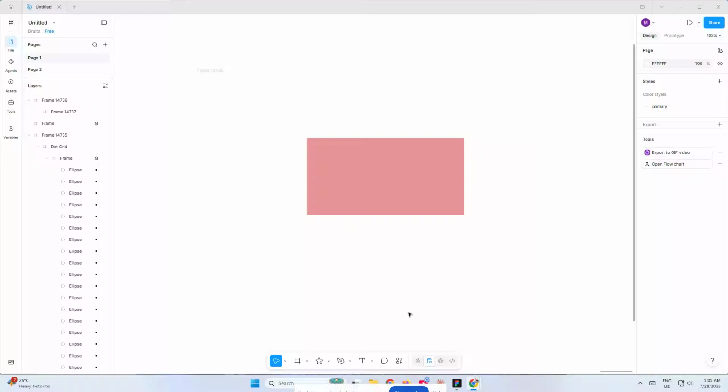In this video, I'm going to show you how to create color styles in Figma step by step, so you can keep your designs consistent, organized, and much easier to update later. Color styles are one of the best ways to build a reusable design system in Figma, because once you save a color as a style, you can apply it across multiple objects and change it in one place